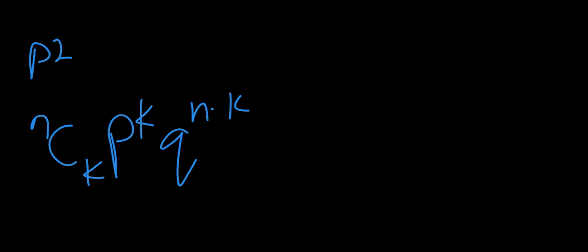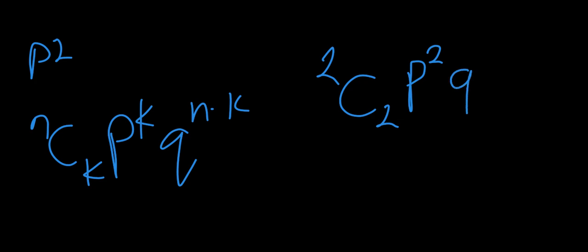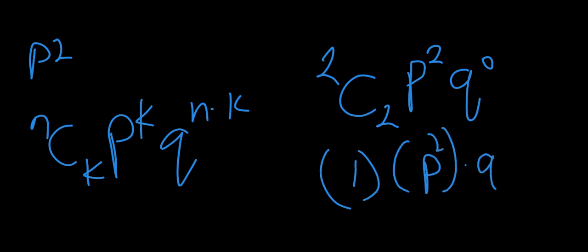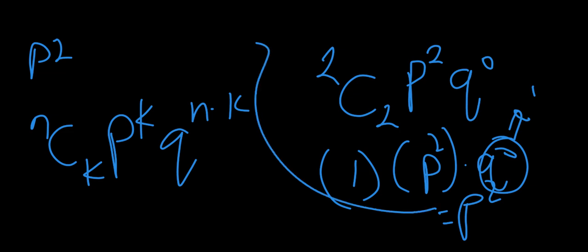Now, as always, n is 2, right? k is 2, which is the number of outcomes, so p to the power of 2, q to the power of 2 minus 2, which is 0. The binomial coefficient 2 choose 2 is just 1, so we have p squared, and q to the power of 0, which is 1, rather. All right, so we have p squared. So we know that this is the same as this. So this just verifies our formula for the binomial distribution.